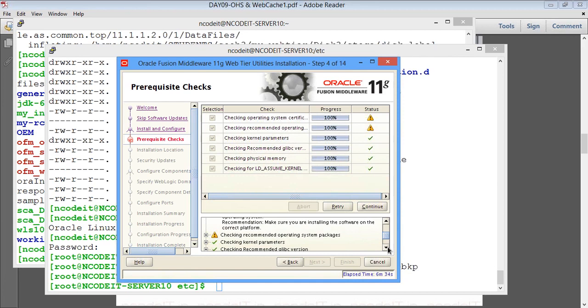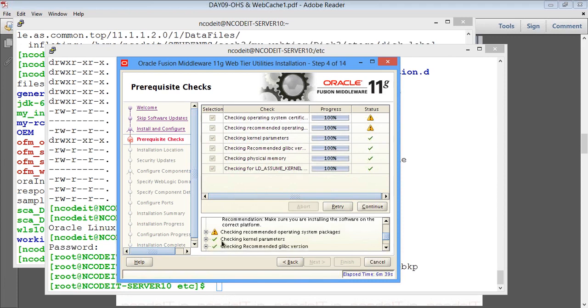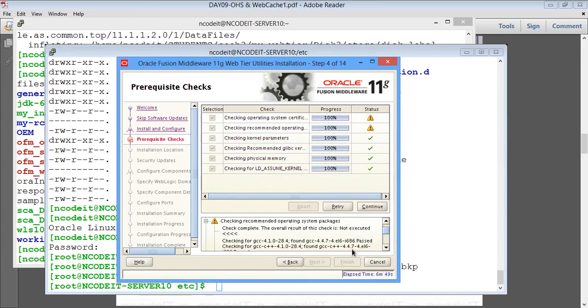You just trick the installer into thinking that this is a Red Hat compatible version, and then it went on with the remaining checks. The remaining checks were actually good. The kernel parameters are good, the recommended glibc is good. This yellow mark, let's say,